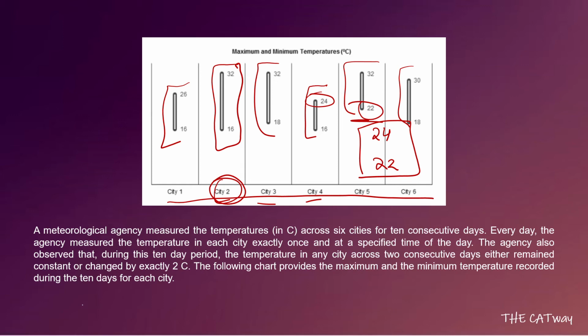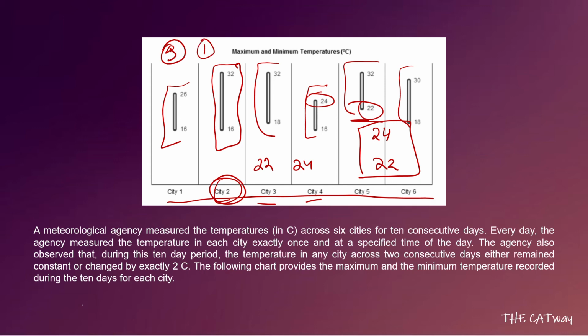And how many days does it take to go from 16 to 32? It takes 9 days to go from 16 to 32. So in these 9 days, there is going to be one day in which the temperature is 22 and one day where the temperature is 24. Now every other city can come under it and can have the same temperature, 22 on one day and 24 on another day. Acha, we still have one day left with us.